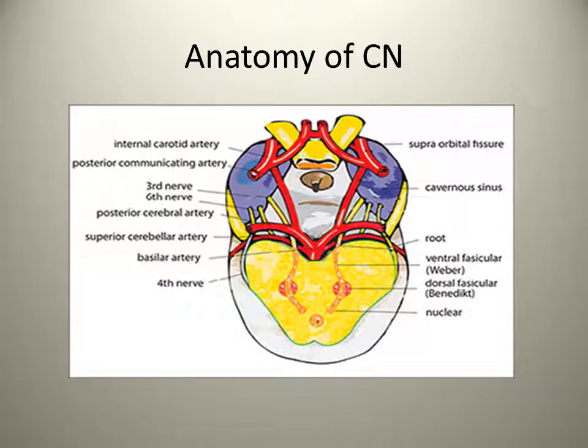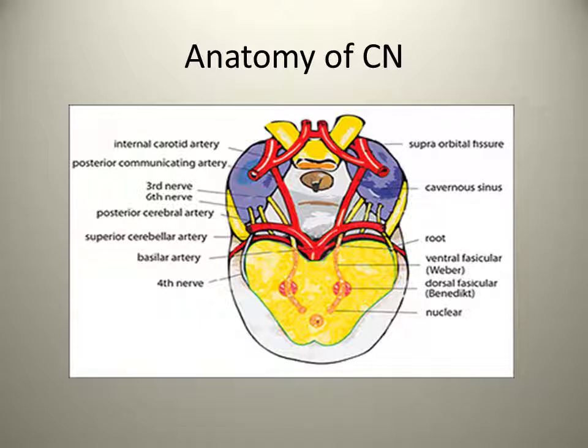This schematic drawing explains important anatomical relationships of the oculomotor nerve. As you can see, when the nerve emerges from the midbrain, it passes between two important vessels, inferiorly the superior cerebellar artery and superiorly the posterior cerebral artery. And then it passes parallel to and lateral to the posterior communicating artery, which is part of the circle of